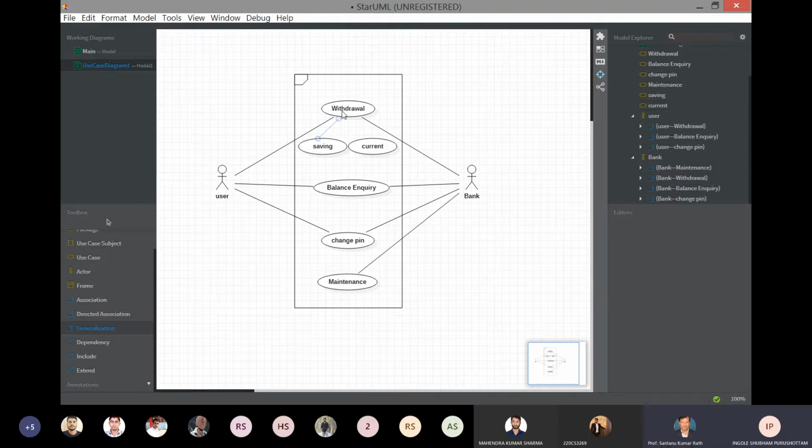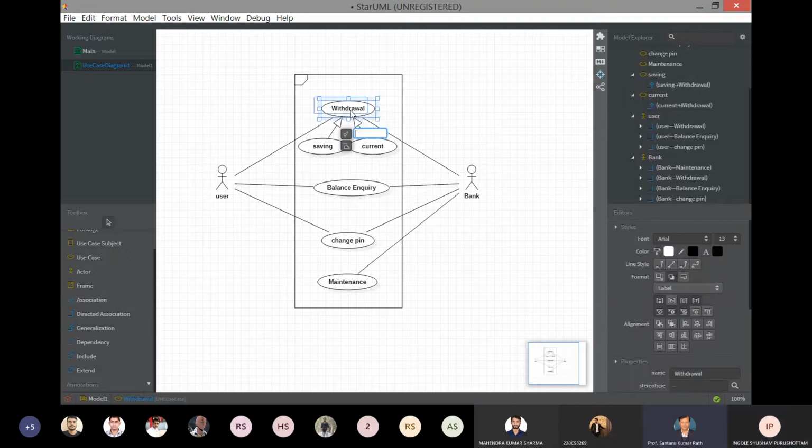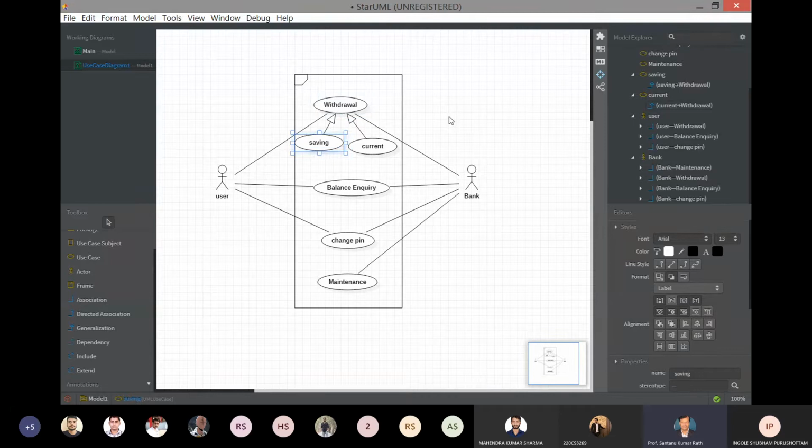Both of these come under withdrawal. There are other dependencies also. So we can use include also. There is extend also. So it depends on how you are drawing the use cases.